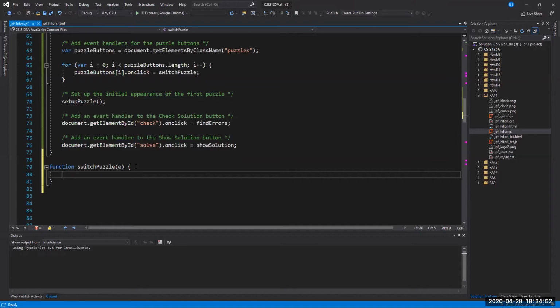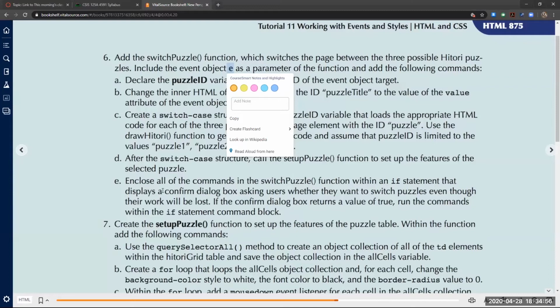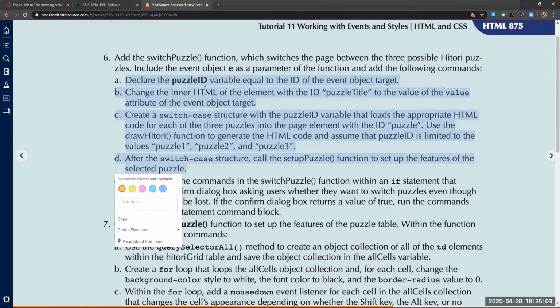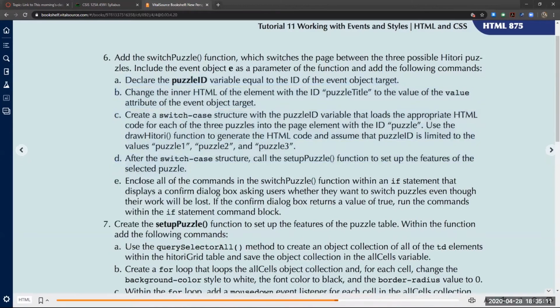Now, as I recall this step, let me go back and look at this again. Yeah. So in this step, what we're going to do is steps A through D here, which is going to be several statements that we need to write out, including a switch case structure. But then once we get all this code written, we'll go back and we'll wrap it inside of an if statement